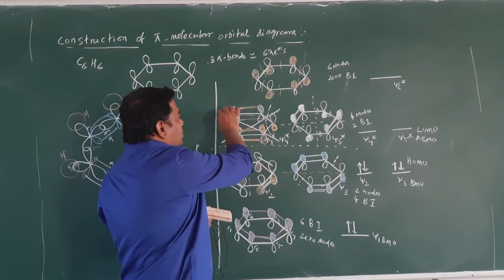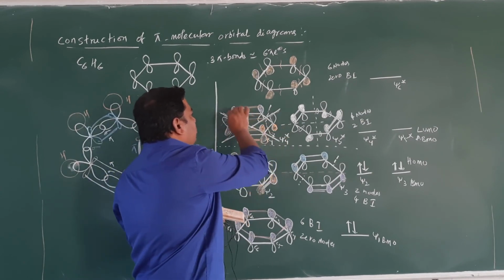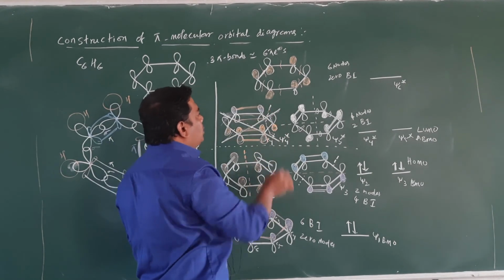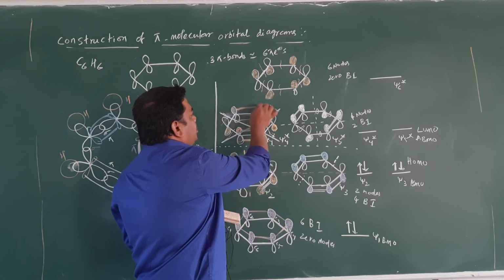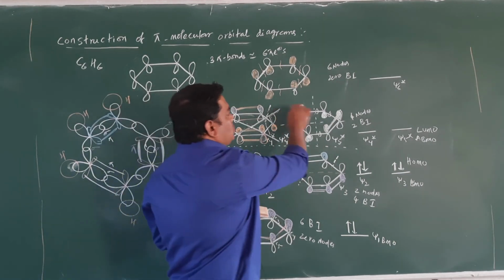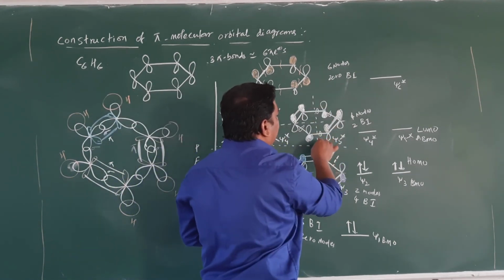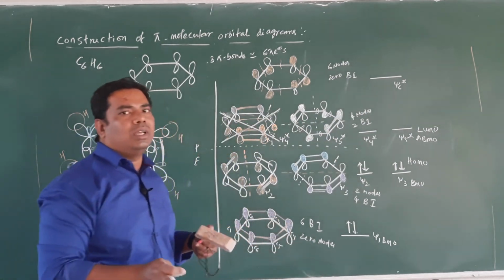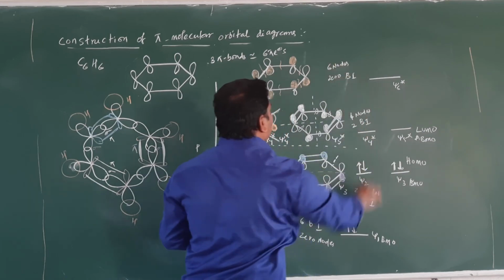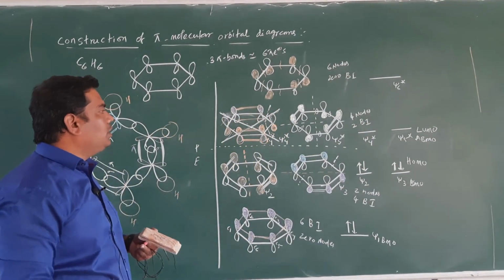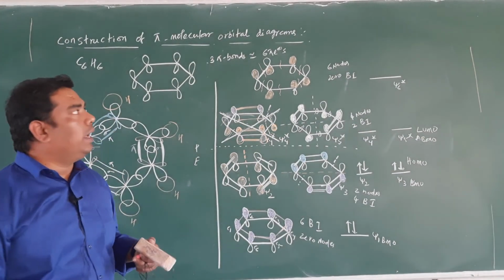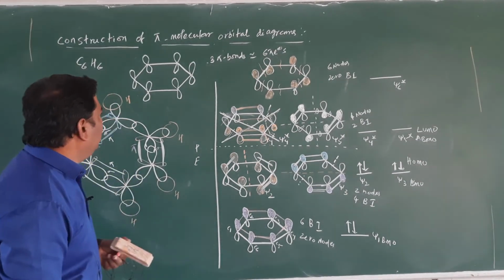So when it is passing from here to here, student, one nodal plane will be present. Here one nodal plane, here another nodal plane. The remaining you can shade with these two lobes. So the bonding interactions are there here. Here also the same thing: one plane is passing through the center of the carbon atoms, another plane is passing through the carbon atoms. Okay, right. So here 2 bonding interactions and 4 nodes are there, here 6 nodes and 0 bonding interactions are present. So this is the construction of the pi molecular orbital diagram of benzene molecule. Okay, clear, student? Right.